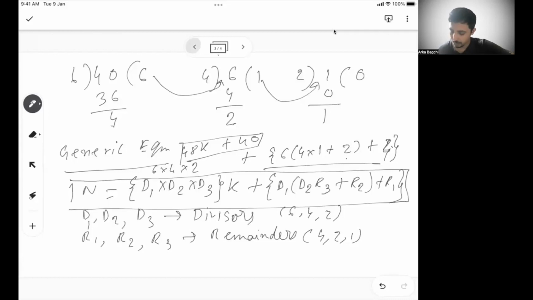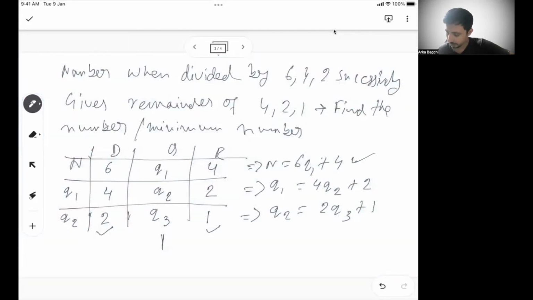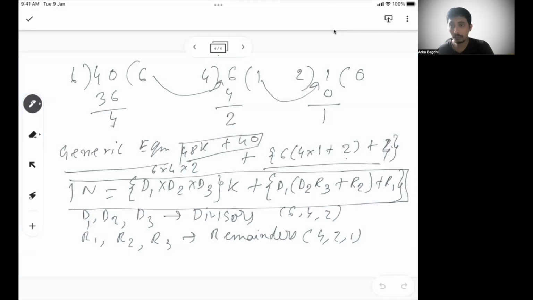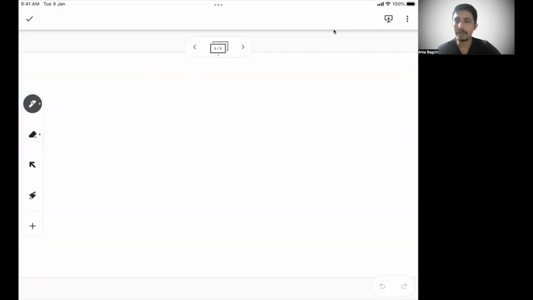If you can't remember the formula as a whole, that's why I did the first approach, where we form the equations, replace the values, get an equation for n, and get the minimum value of a quotient. The last quotient, what will be the minimum value? From there, we got the minimum value of the number, and then the subsequent numbers. So you can do that if you don't remember this formula. But if you remember this formula as a whole, perfect, go ahead and replace these values and get the answer.